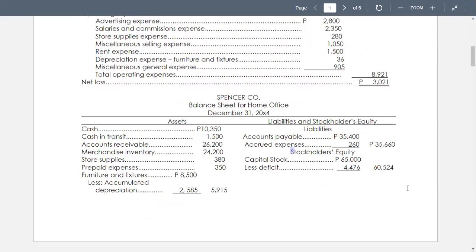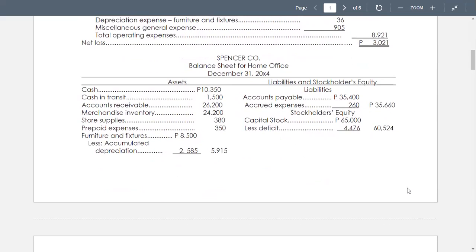So cash and cash in transit, we have accounts receivable, merchandise inventory, and only for the home office. And you have now your store supplies after adjustments, your prepaid expenses, furniture and fixtures, deduct the accumulated depreciation. So you now get the book value of